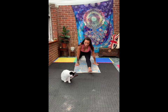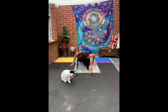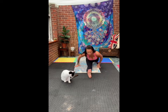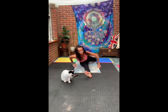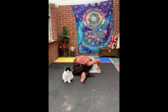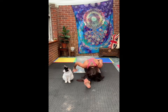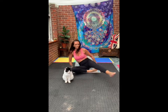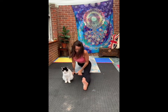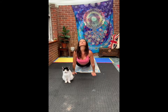Okay, take the right leg back. We're going to come into a splits and then fold forward. Bring the right leg round, left leg back, come into splits, fold forward. Left leg round, right leg back, fold forward. Left leg back, right foot forward, fold into the splits. Right leg back, left leg forward, fold into the splits, and then take both legs back, upward dog,